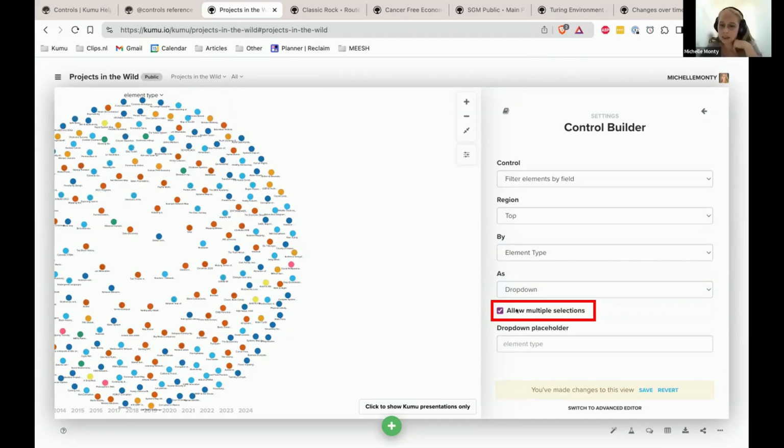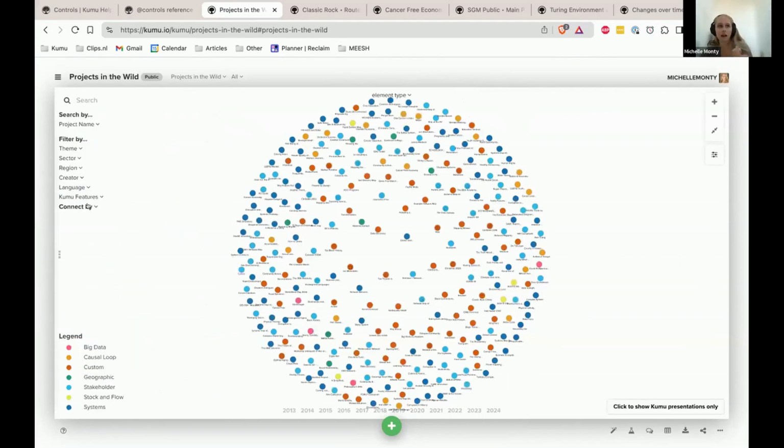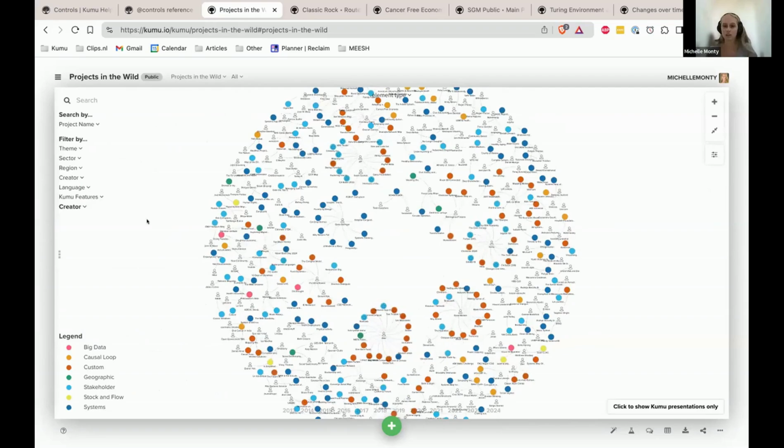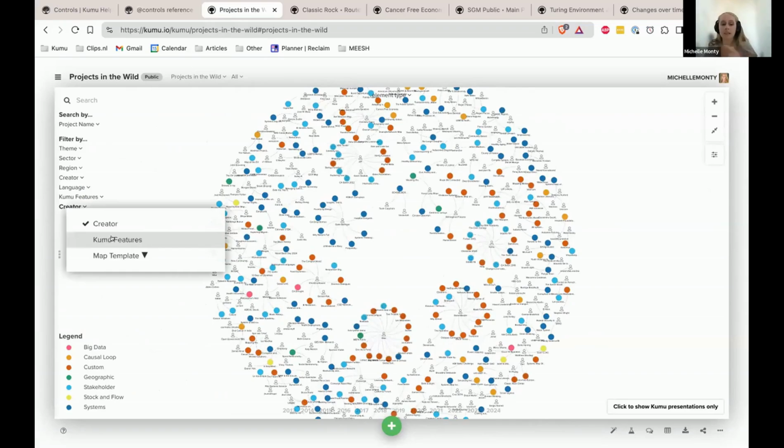Then here you have allow multiple selections, which basically asks, do I want to allow people to select multiple options at the same time, or do I just want them to be able to see one at a time? And a good example of where I did not allow multiple selection is the connect by, because if I'm connecting by creators, you're already seeing that there's so much data being added and so many connections on my map right now. So if I were now to also connect by Kumu features, then you can imagine that this